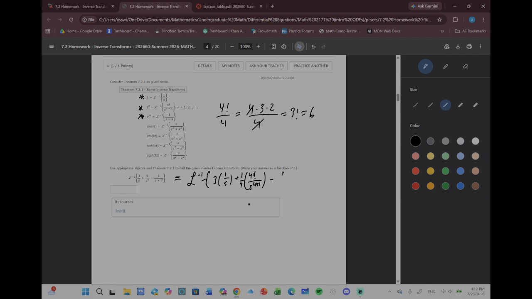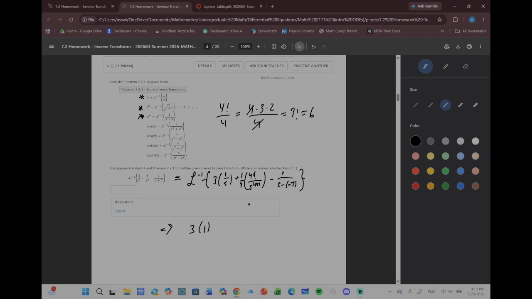And now minus 1 over s plus 7, but we see s minus a here, so we can just rewrite this as s minus negative 7. And now that we know the entries that correspond to these in the Laplace table, our algebraic manipulation should yield